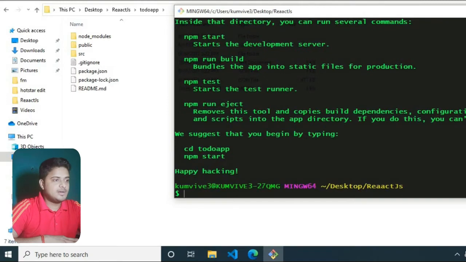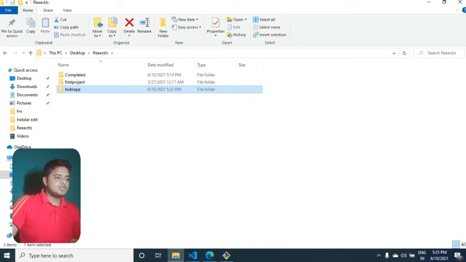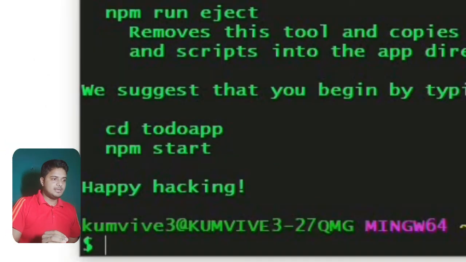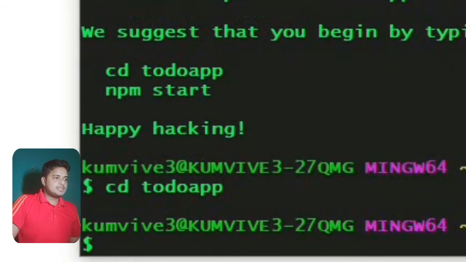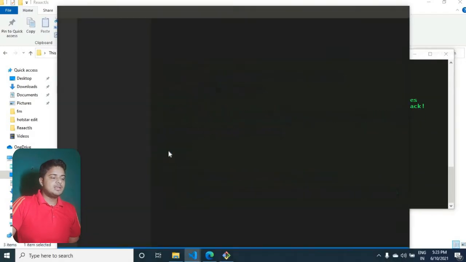Okay, so as you can see, our app is installed, and it's asking me to write cd todo-app. So see, we have installed our app here. Okay, so now to start the app, we need to go inside this folder. So what we need to do is type cd and the app name, todo-app. And now it's asking me to run npm start, but I won't do that. I will open VS Code first. To open VS Code, we need to write code space dot. Okay, so it will open my VS Code, and after that I will run npm start in the VS Code